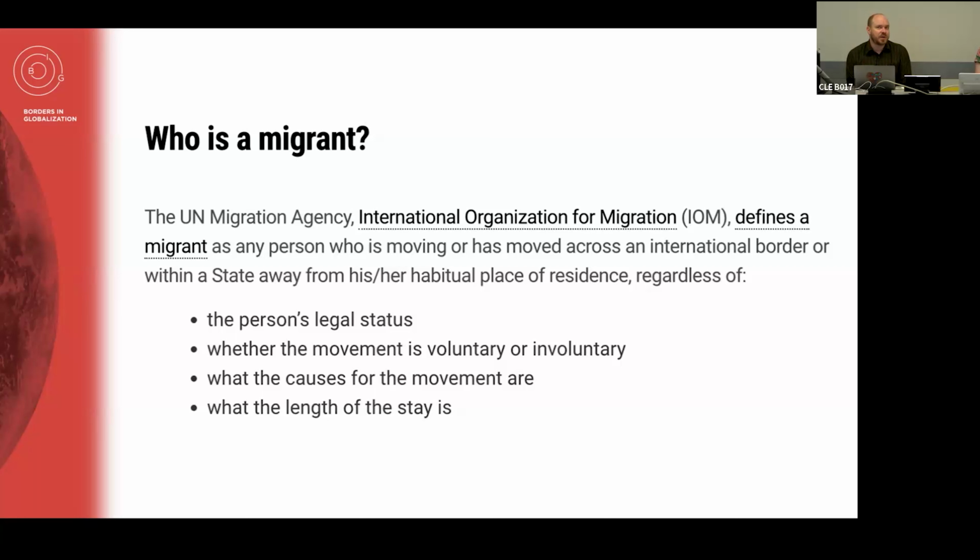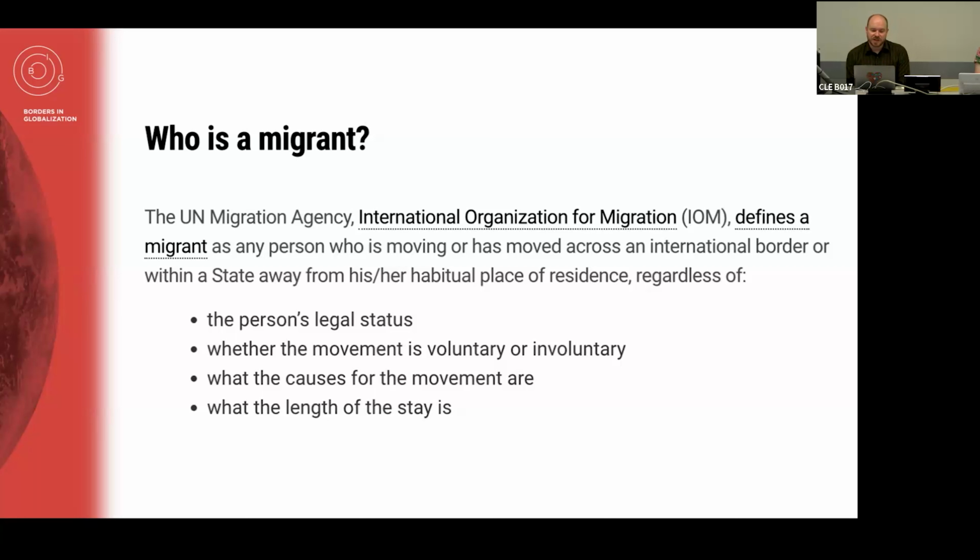It wouldn't apply if you're crossing a border to do some shopping, but if you're moving across a border to reside across a border, you are a migrant. Doesn't matter what your nationality is, doesn't matter where you're coming from, and it doesn't even matter how long you stay. This is about the broadest definition of migrants. Sometimes this same organization will use a 12-month standard for various metrics, considering residing in a place for 12 months or more to count as a migrant.